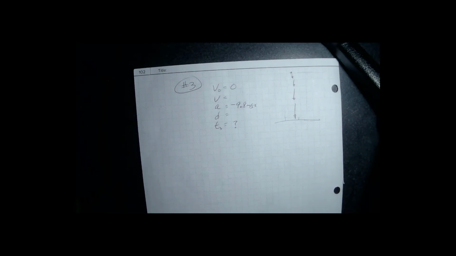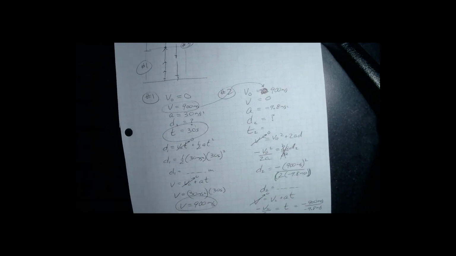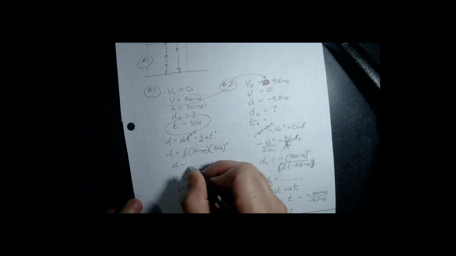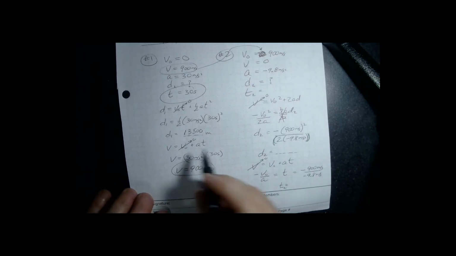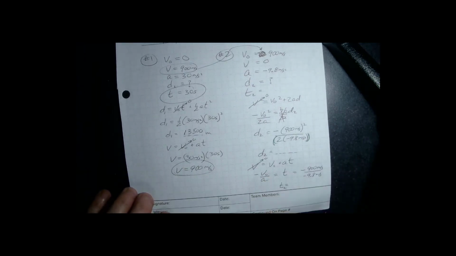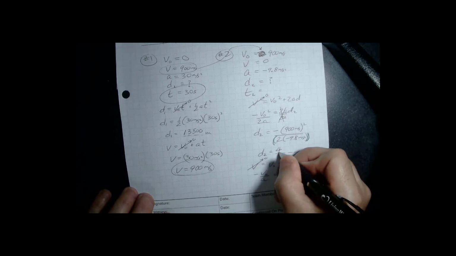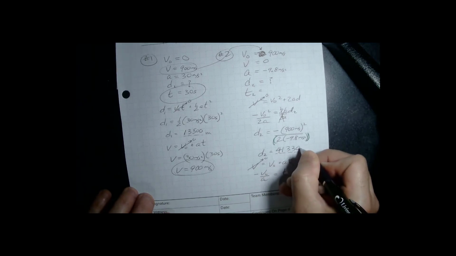And that's going to be our displacement. Just one little catch that we'll have to dig into here. D1 should have worked out to 13,500 meters. D2 should have worked out to 41,330 meters